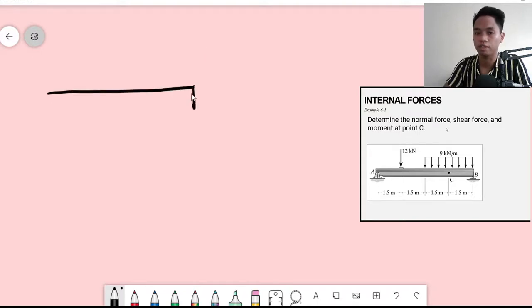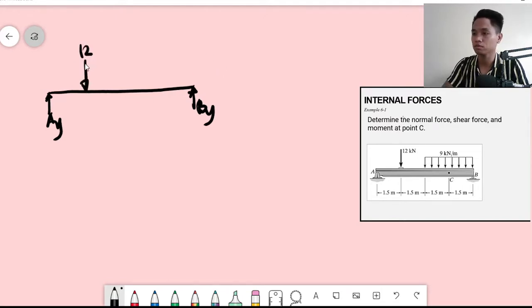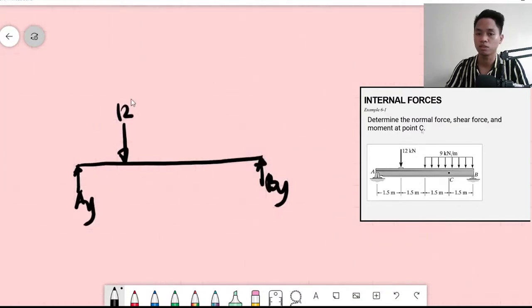We have BY here. We should also have AX, but since we have no X component, there is nothing to solve for X, so obviously AX is equal to 0. Here, this would be 12 kilonewton, with a distance of